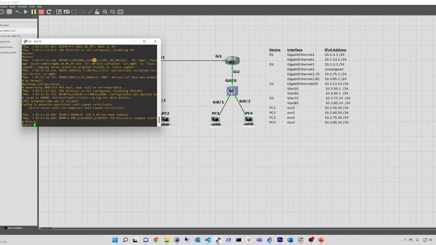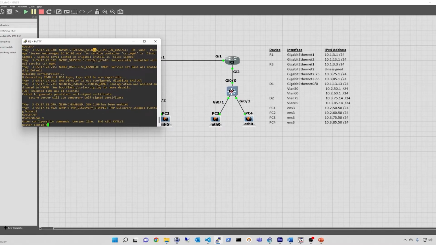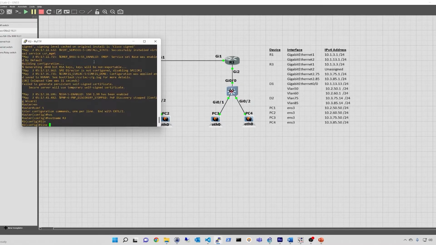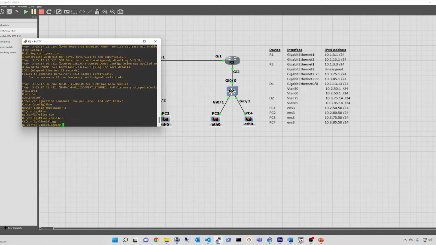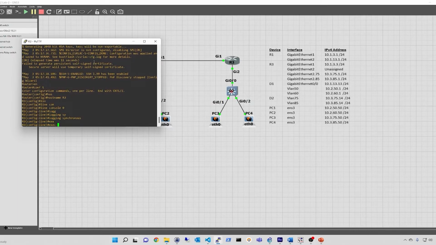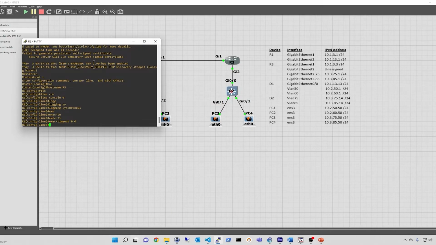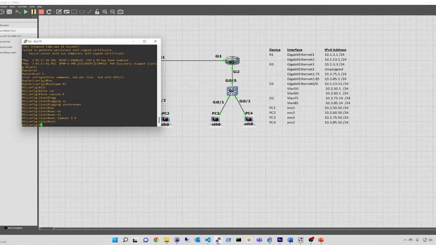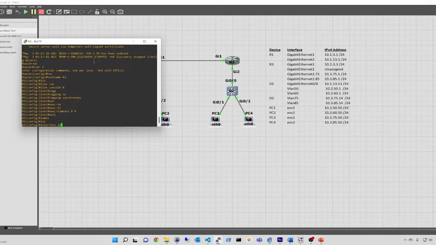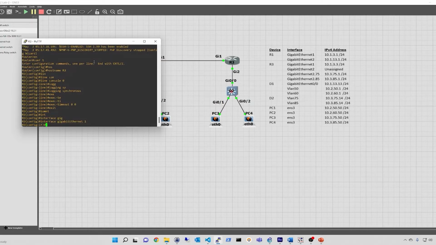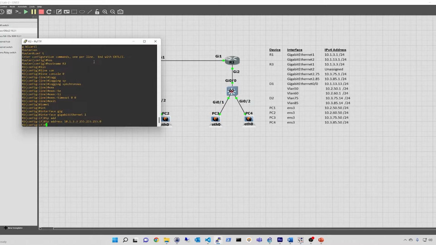So router 3, we'll just do the initial config, host name, line console, get our exec timeout gone. And router 3 is directly connected to router 1 with its gigabit Ethernet 1 interface, and we'll just assign that the correct IP address. Do a no shut on there, and our